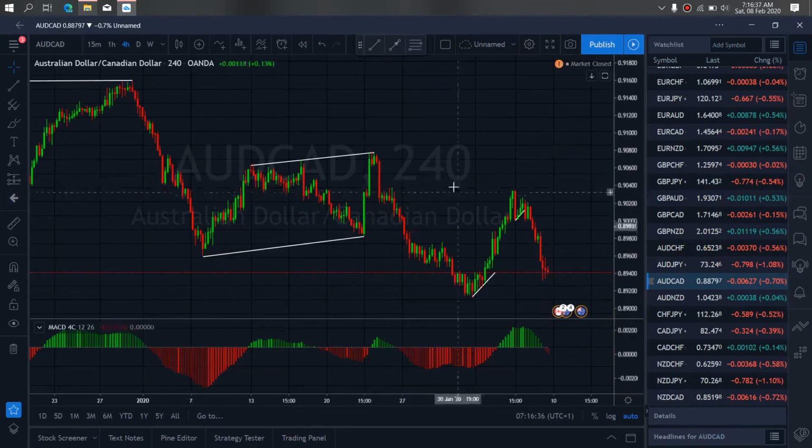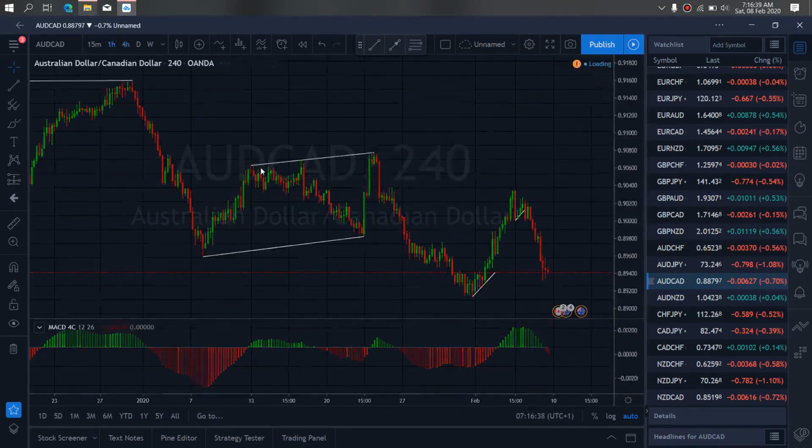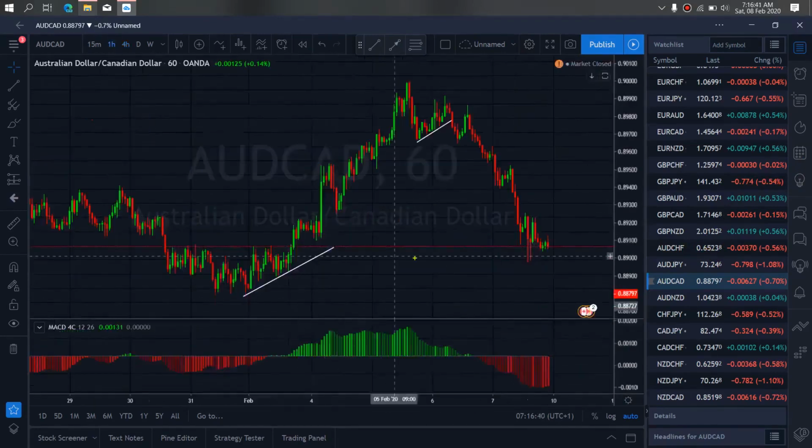Next week on Aussie CAD, if we zoom to the 1-hour time frame, we want to watch right now. They are correctingly dropping. We expect them to complete the flat structure, give us that drop downside, then the reversal